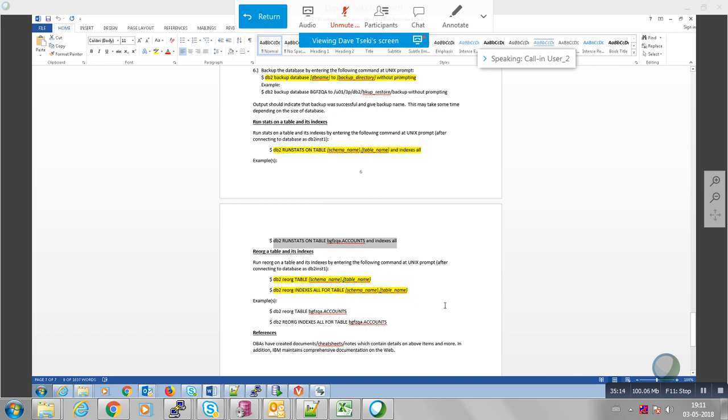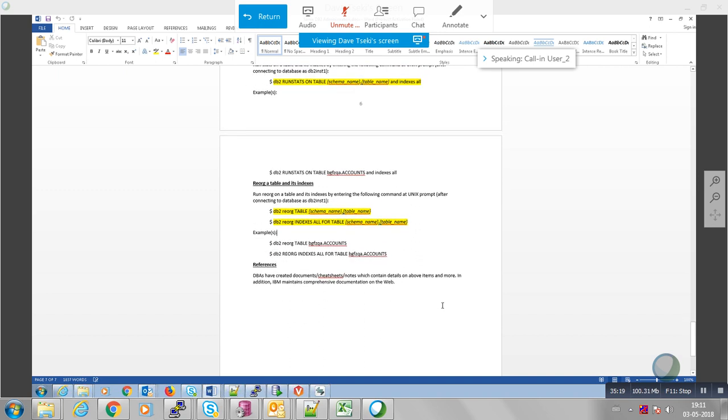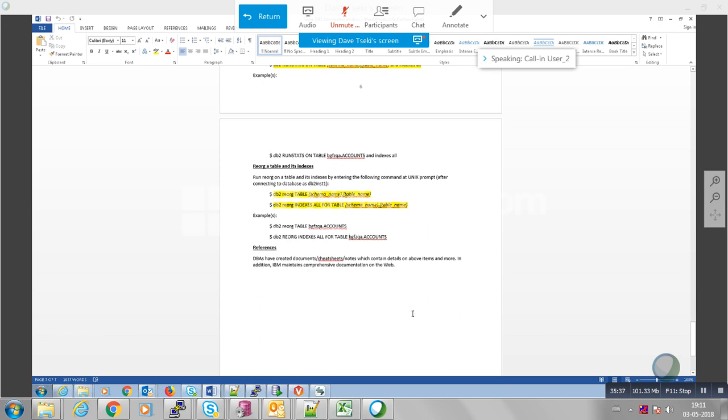Then you might want to reorg a table and its indexes. So reorg is something I think just DB2 uses. I don't know if there's an equivalent in Oracle for this type of command. Maybe Oracle doesn't need to do it, or maybe it does it on the fly. I'm not sure. But in DB2, we do need to reorg tables typically when we perform structure changes on the table. We'll add columns. So if you add a column to a table, then you need to reorg it,